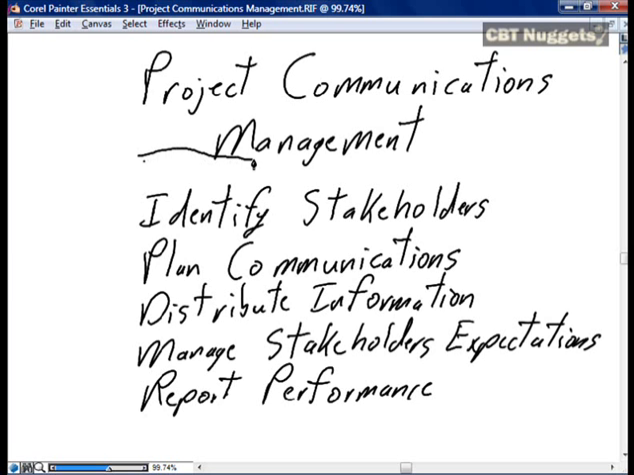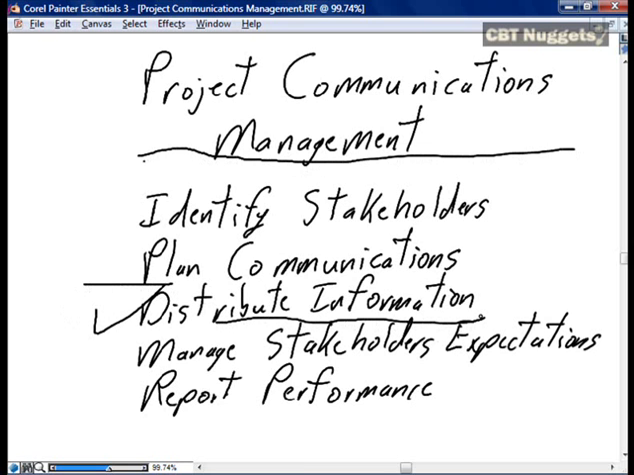This concludes our nugget. This concludes 2 nuggets on project communications management. This nugget was focused on communications in action. The key to this nugget, the key to all communications, is effectively distributing the information, making sure that you have the right information in the right format, that it's going to the right people in the right time frame, using